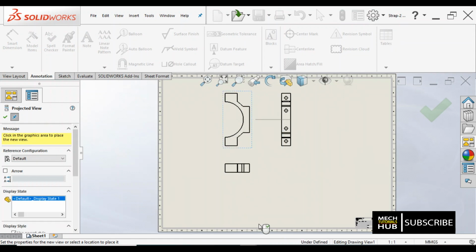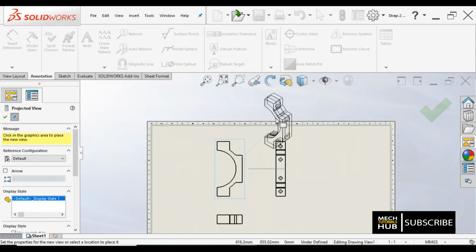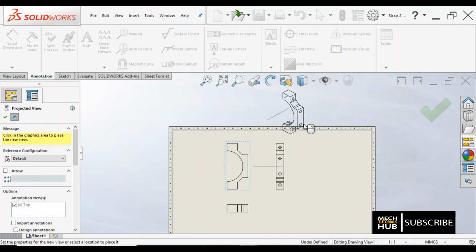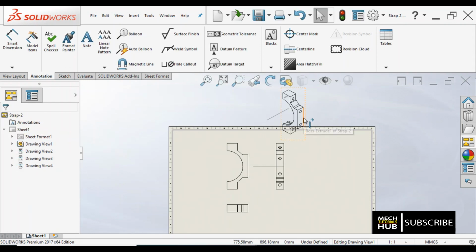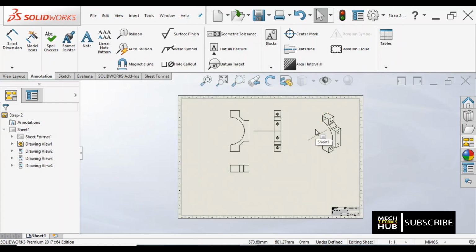These are the views of that particular parent component. I can place an isometric view also. There is a possibility that we could place the isometric view too. As this is going out, you can place it anywhere and just escape from it. I can hold it, you can see the pan symbol. You can hold it, then drag and drop wherever the position is required. Fine. This is how you need to place the component.